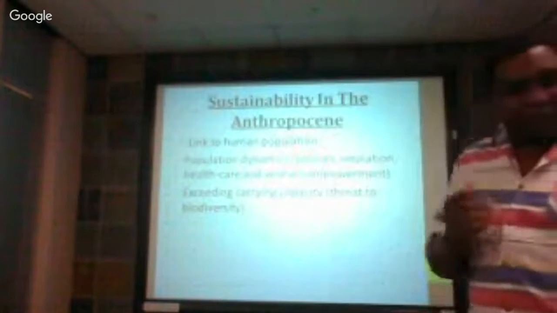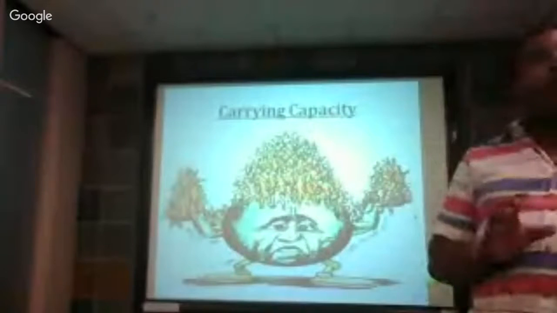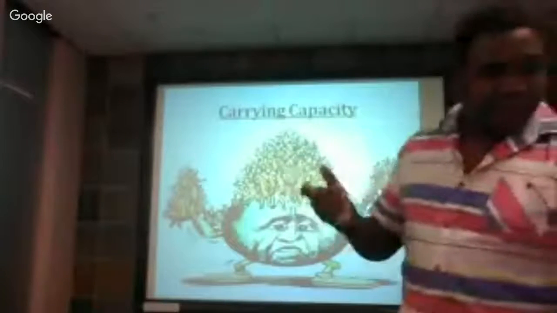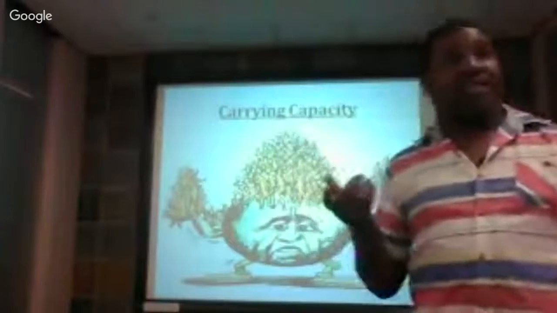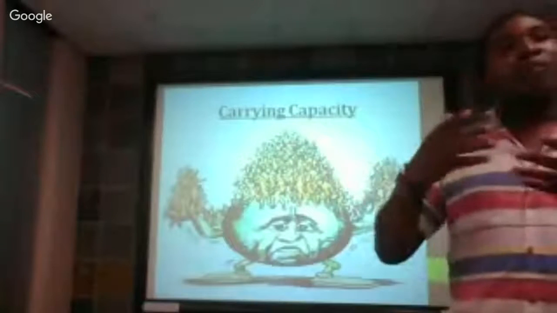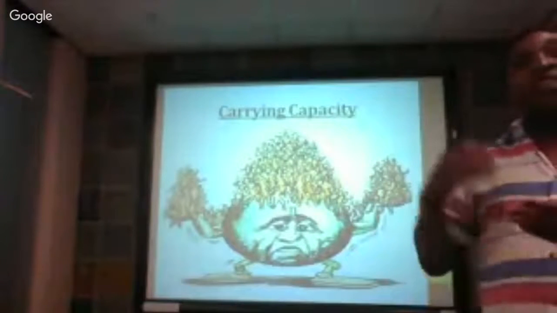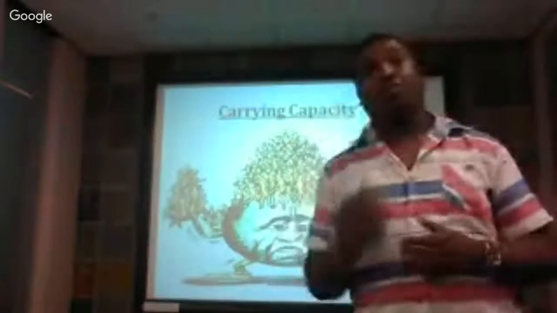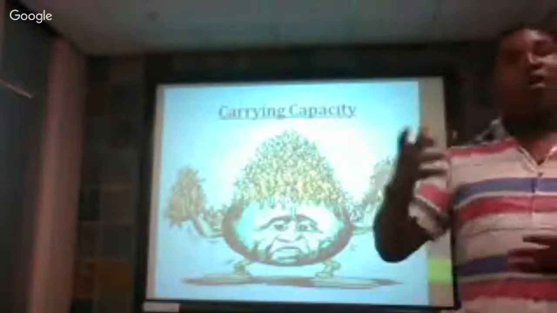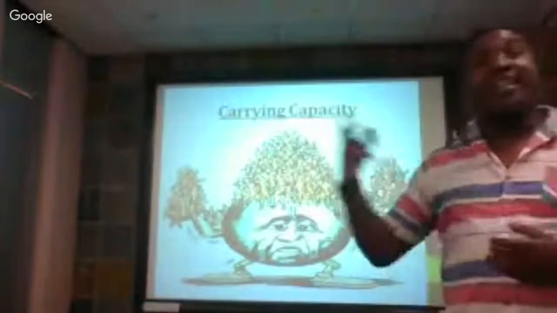So Robert Malthus proposed what we call the positive checks and the negative checks. Let me start with the positive checks. The positive checks are things that can trigger more death rates. I know it might sound weird, but you are suggesting that it's a good thing for people to die. People can die through things like war, famine, natural disasters. So you are saying that these things are a necessary evil.